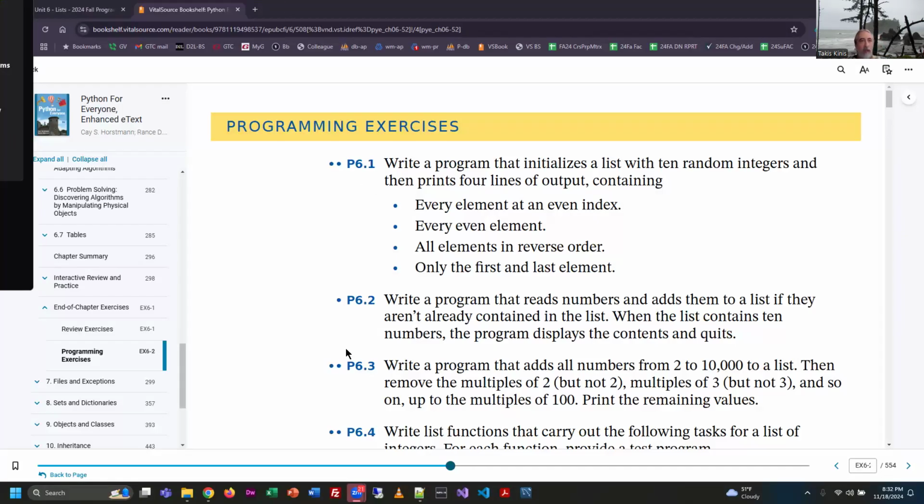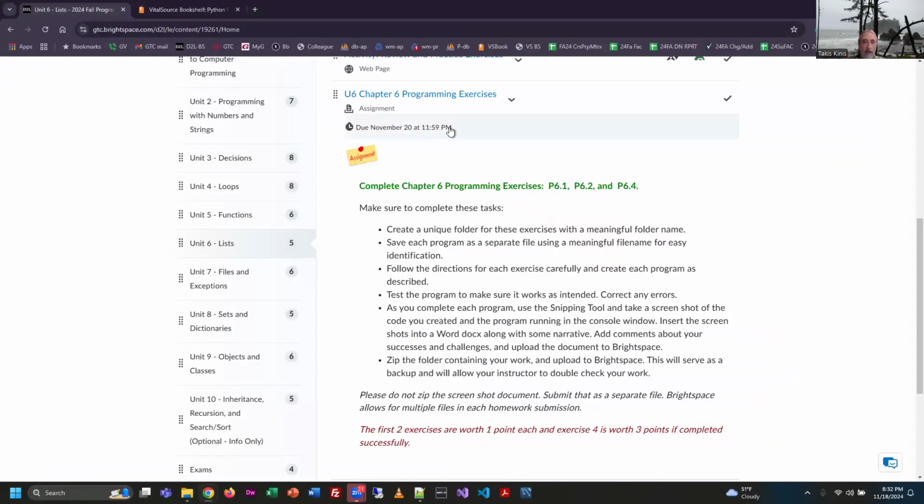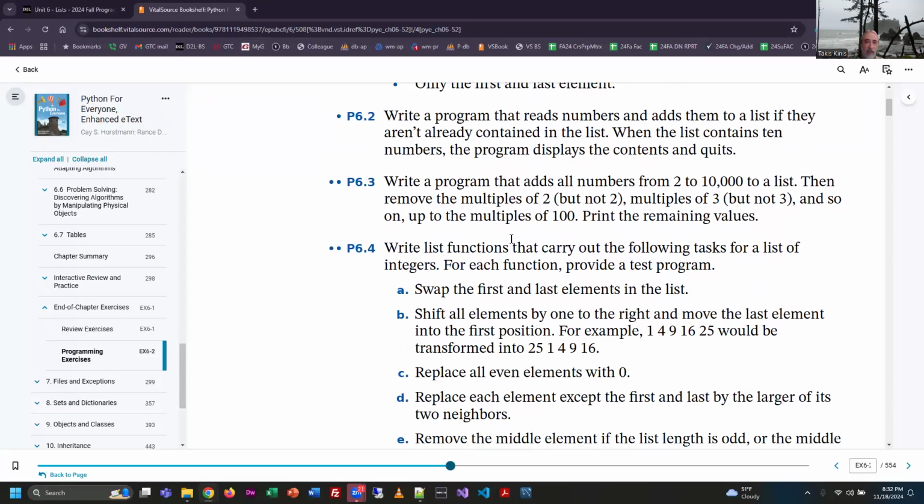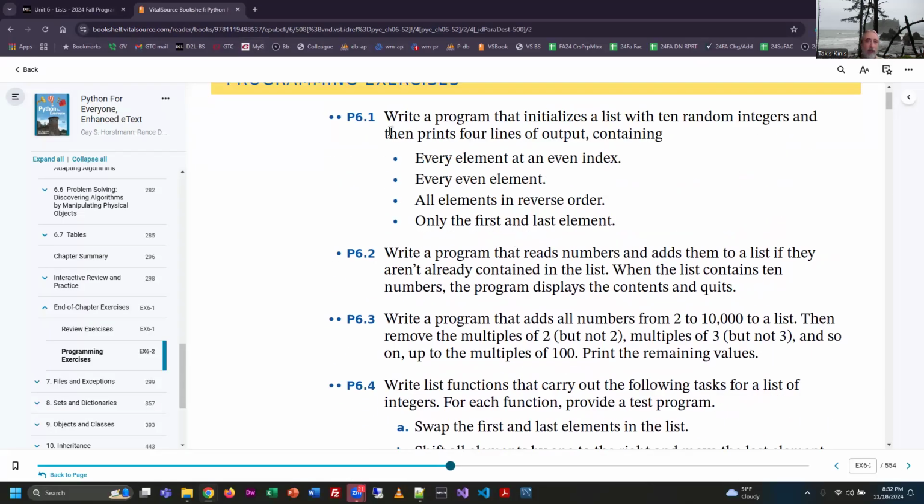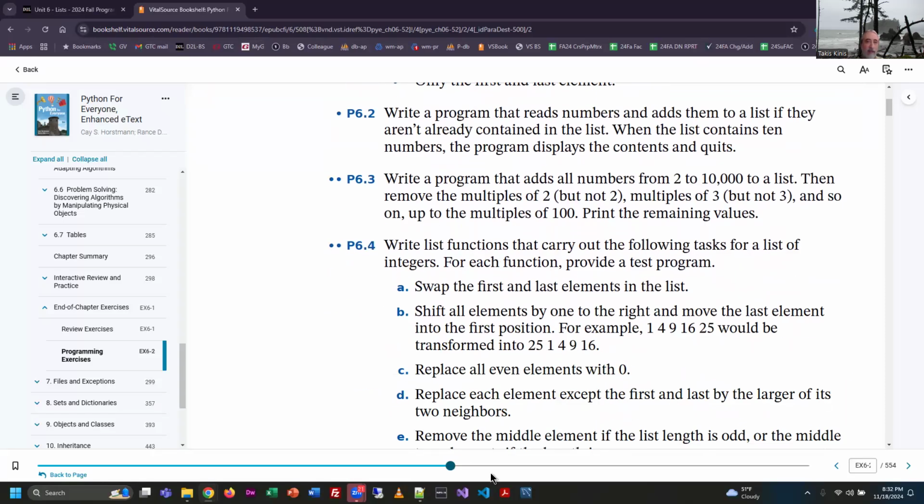Welcome, everybody. We're going to be working on our chapter 6 exercises this evening. And these are the three exercises we're going to address here: 6-1, 6-2, and 6-4. I am turned to those pages here in the book. You will notice that 6-1 and 6-4